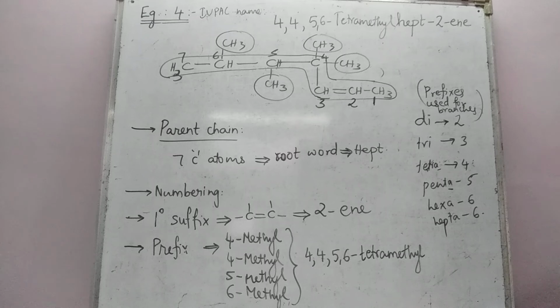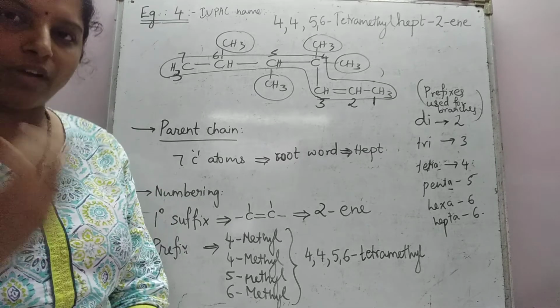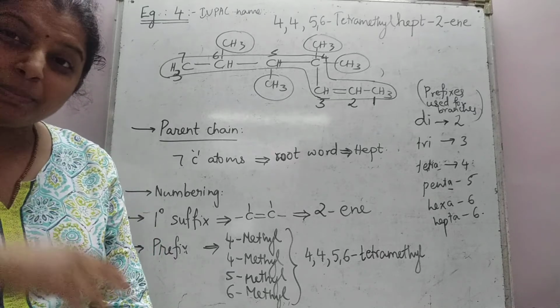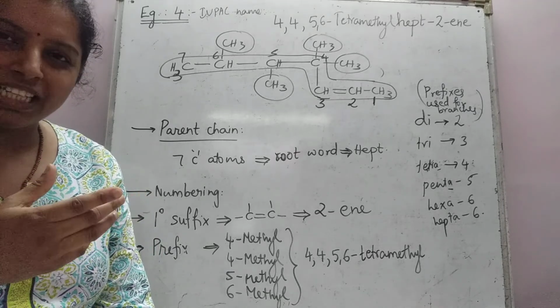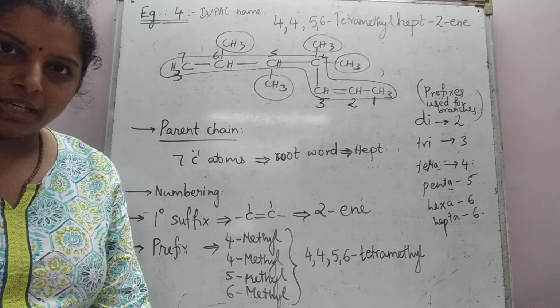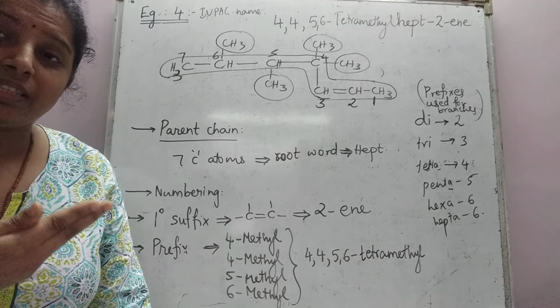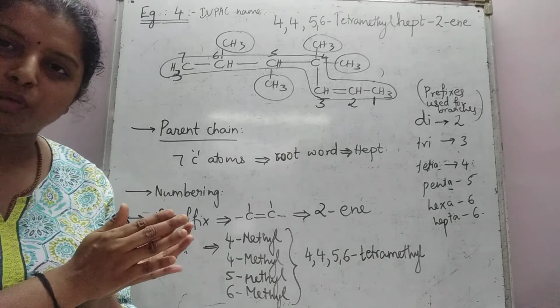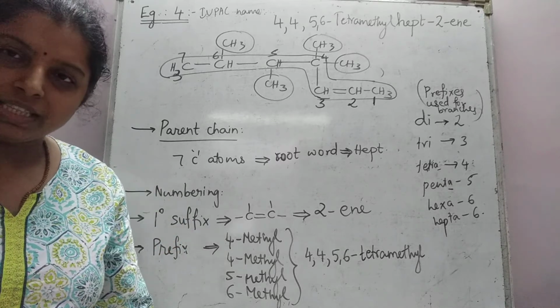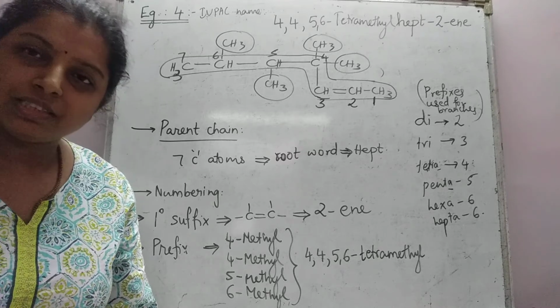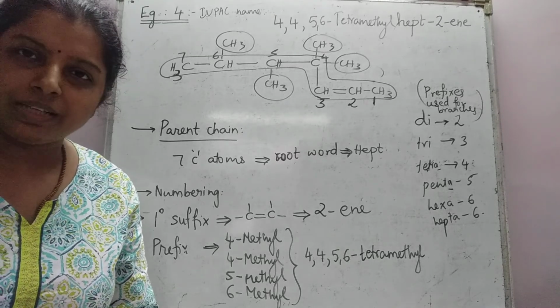I hope this concept of double bond containing, triple bond containing compound and also more than one branch is clear. Now by far we have been taking up examples of only methyl branch. Hereafter we will be dealing with some bigger branches also. We'll take up more examples. We'll also introduce the topic of functional group and try to name the compounds containing functional group. So till then, keep studying, keep practicing IUPAC nomenclature. The more you practice, the more you'll become confident about it.